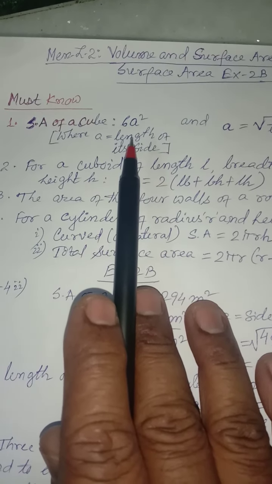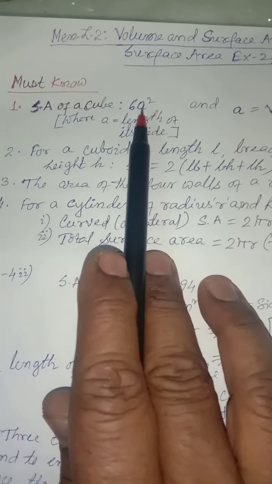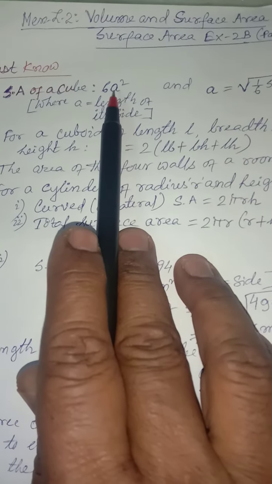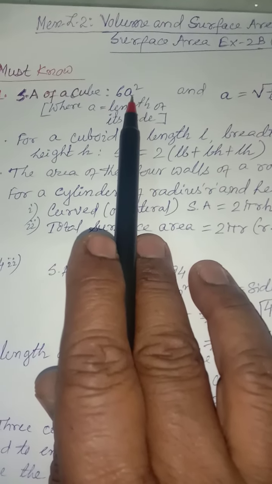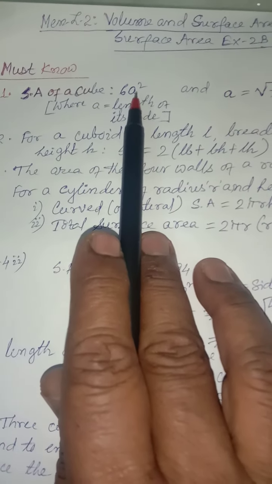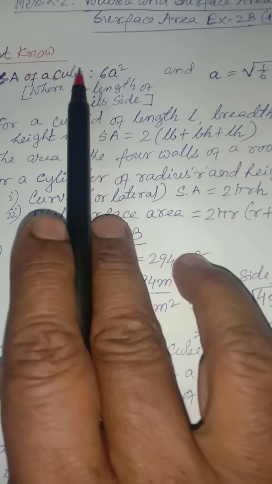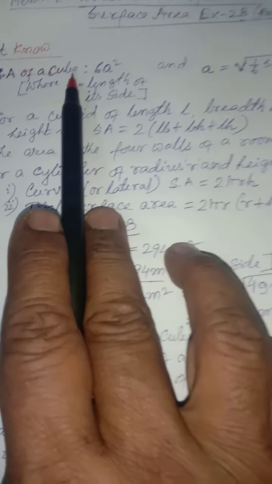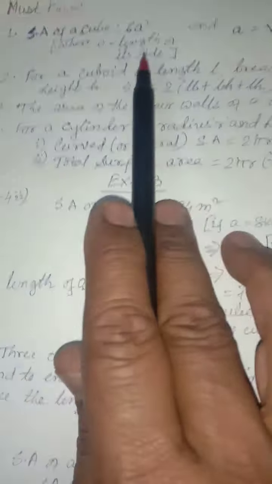And that is why, if each side length is denoted as a, then it has got six surfaces. So each surface will be a square, because the area of a square is side into side, and it has got six surfaces. That is why 6a square. So remember this: a cube is related to a square, because its front face is just like a square, isn't it? So it has got six surfaces, so 6 into a square, where the side is a.